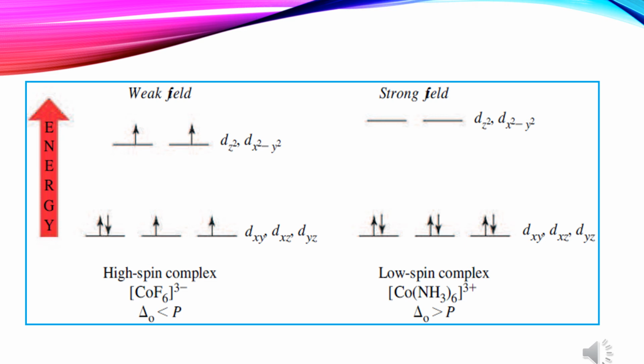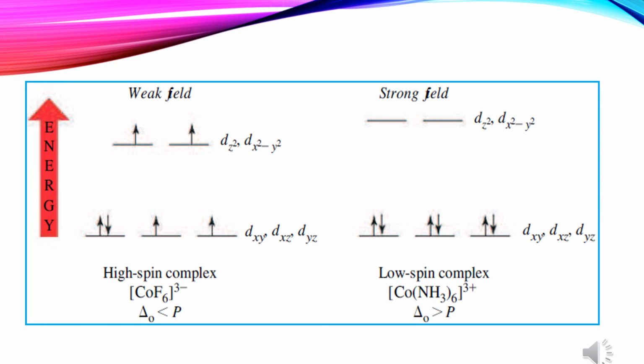When we try to add a fourth electron, we are faced with a problem. This electron could be used to pair one of the electrons in the lower energy t2g set of orbitals, or it could be placed in one of the higher energy eg orbitals. One of these configurations is called high spin because it contains 4 unpaired electrons with the same spin. The other is called low spin because it contains only 2 unpaired electrons.